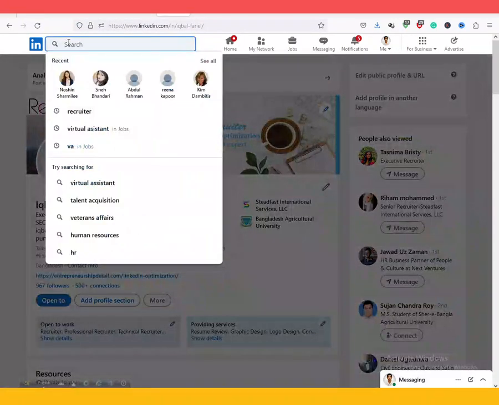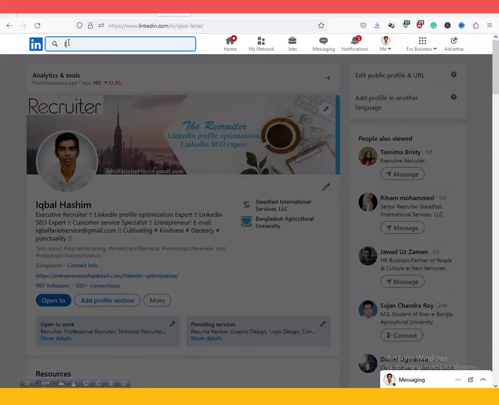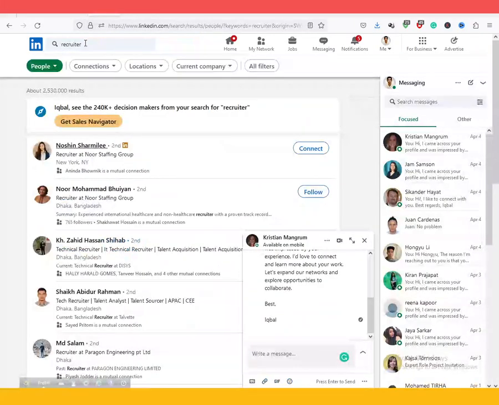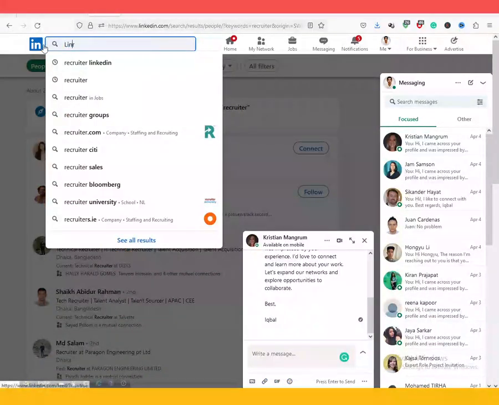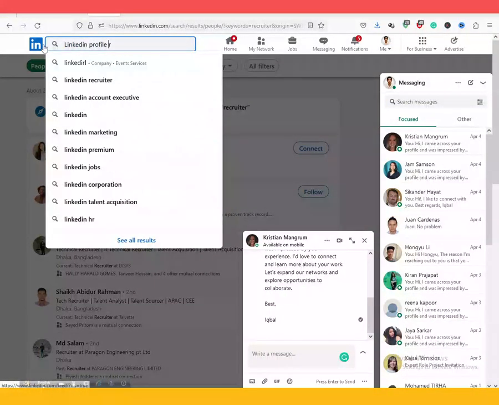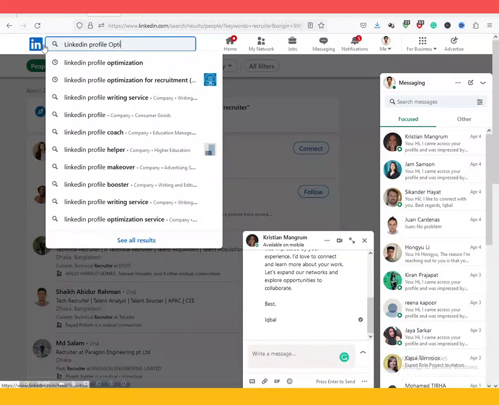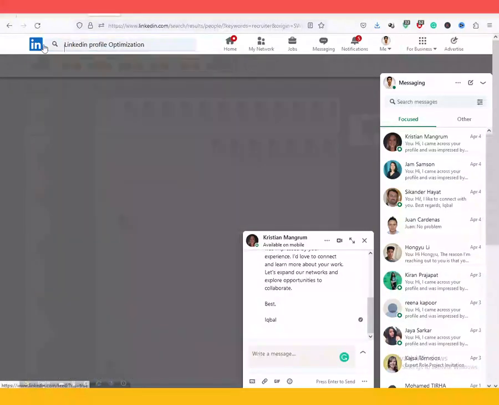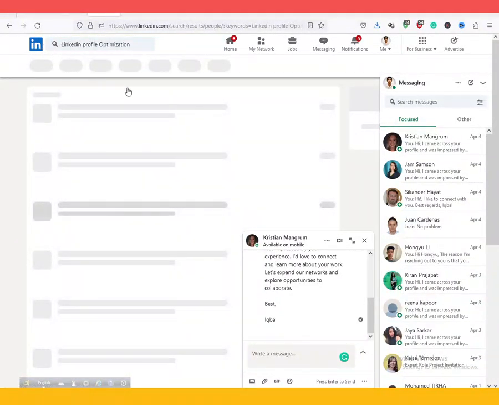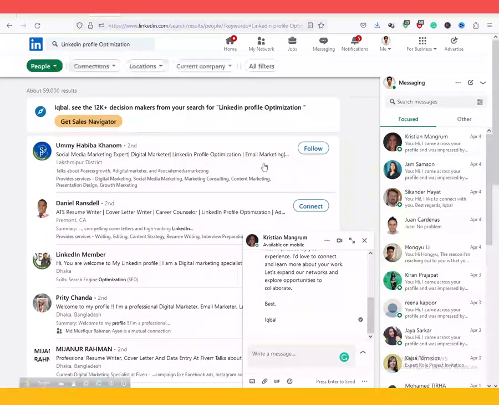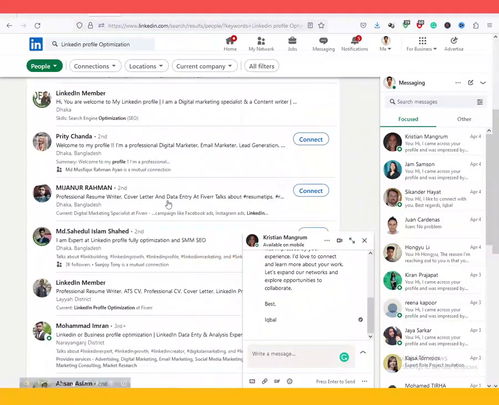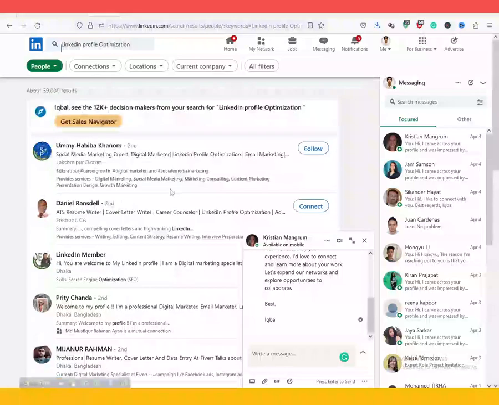And now if you search LinkedIn profile optimization, let's go to the other page. LinkedIn profile optimization. You can check my profile or ID. Does it pop up in your search result or not? You see, it's not popping up because it should look into companies,